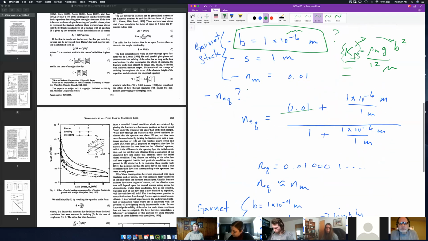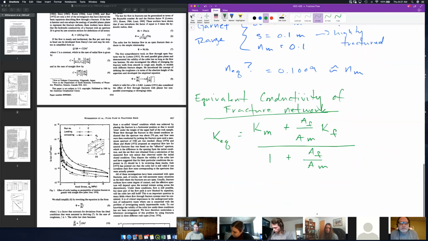So we can make this area here if we have parallel fractures. We get